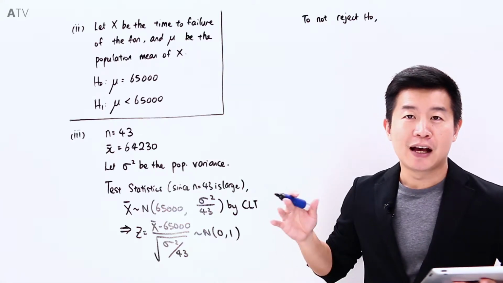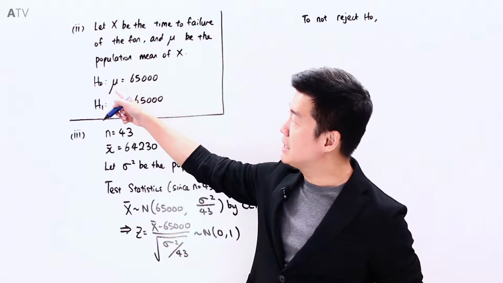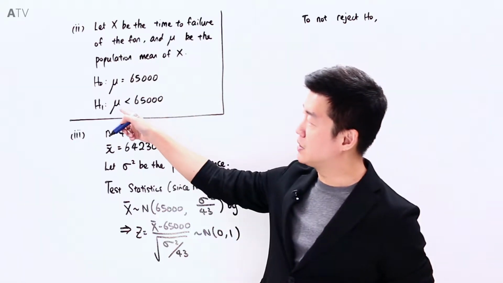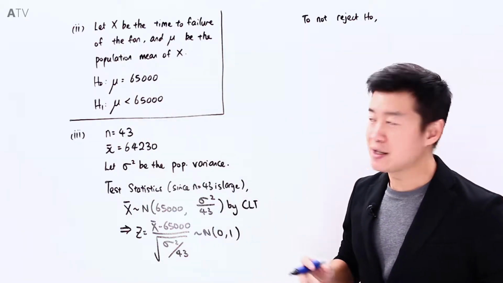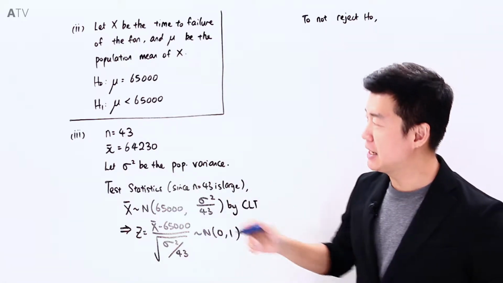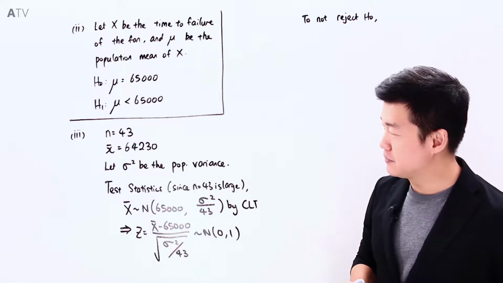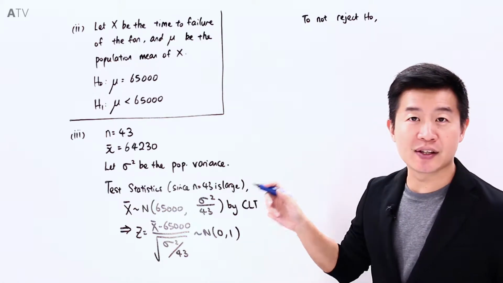We are given that a hypothesis test has been carried out. The null hypothesis is one for the population mean to be 65,000, and the alternative hypothesis is one such that the population mean is less than 65,000. A sample of 43 fans are used, and the sample mean has been calculated to be 64,230. So if you were to let sigma square be the population variance, that means sigma square is the variance of x,